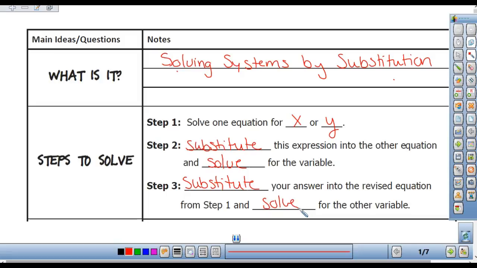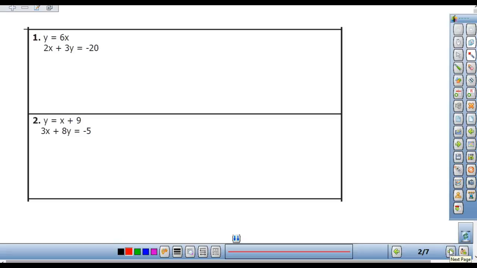All right, so that brings us to the really fun stuff. I have y equals 6x, and I have 2x plus 3y equals negative 20. Now, do I already have one equation that is either y equals or x equals? Yes, my top equation, right? My top equation is y equals 6x. Okay? Now, since this is what y equals, I'm going to take it and I'm going to plug it in for y. So 2x plus 3 times, what am I plugging in for y now? 6x